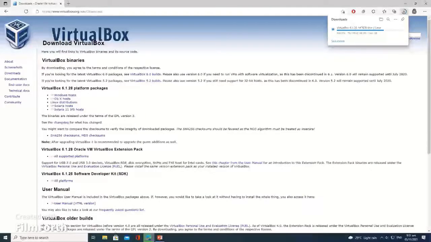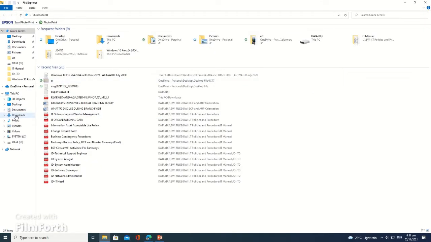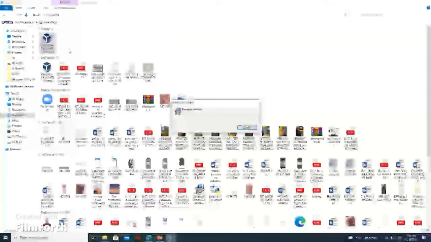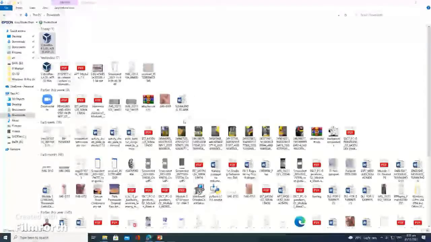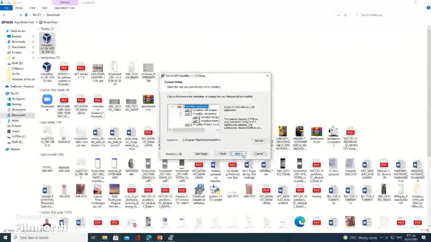And once we have downloaded the application, you go to the file and then double click the application to start the setup, of course. So it says preparing to install, and then we'll have the VirtualBox setup wizard that says it's ready to install. Then select the next button. Just leave everything as default and then click the next button